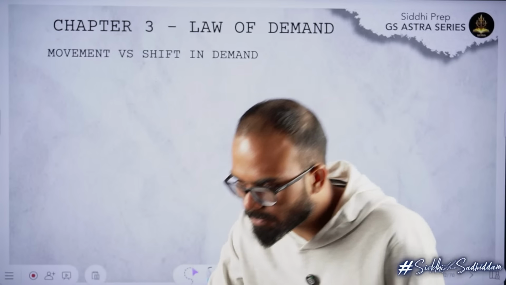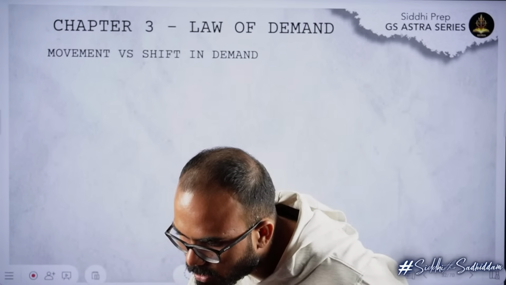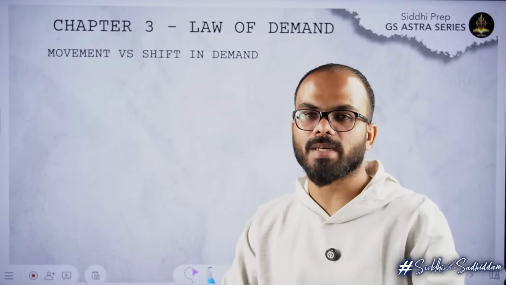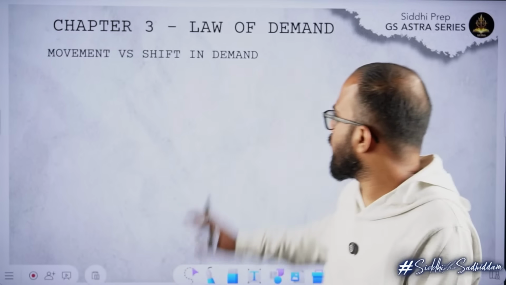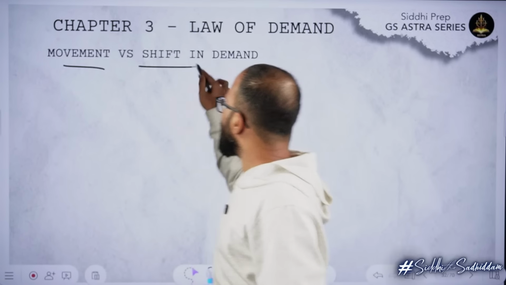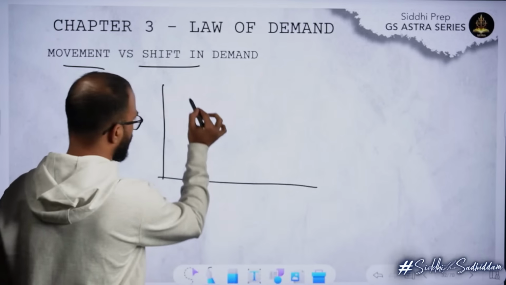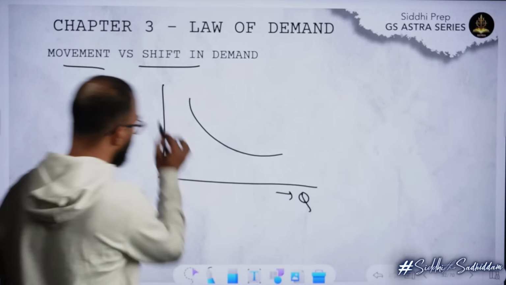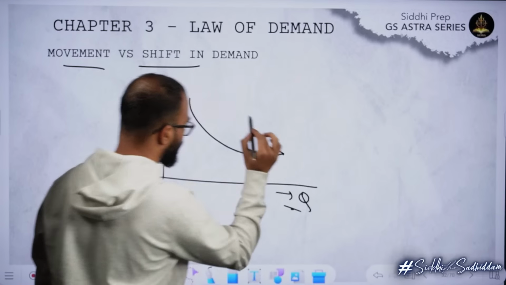Now just a second. Yeah, demand is directly proportional to supply chain, and with respect to demand, production will also increase. Yes, see, the demand is definitely related to supply chain, but at this particular point we are considering supply has remained constant, right? Now what is the difference between movement versus shift in the demand curve? See, this is the demand curve, this is price, this is quantity.